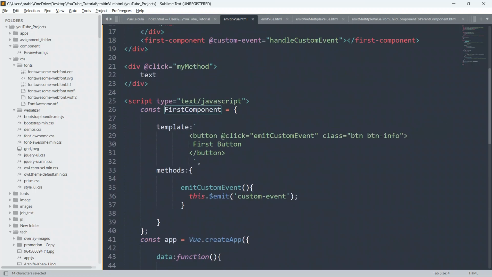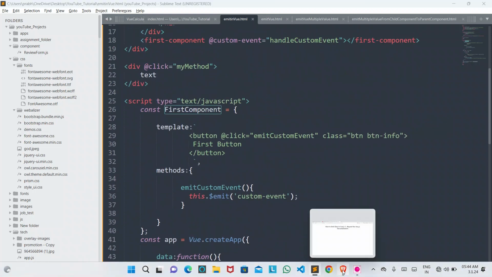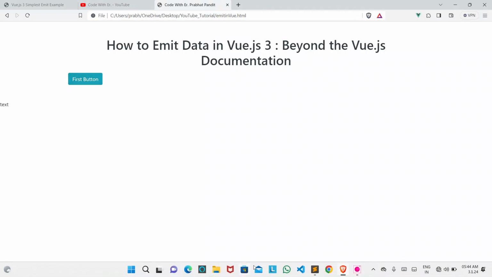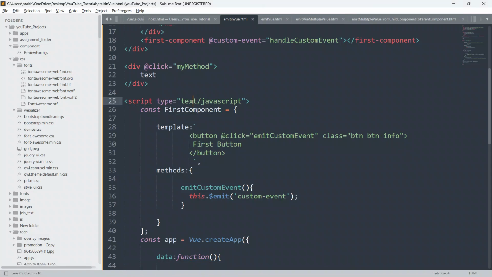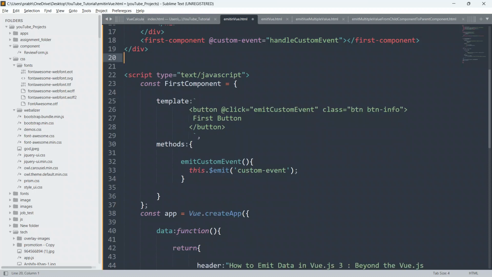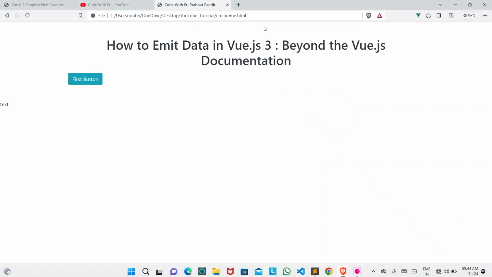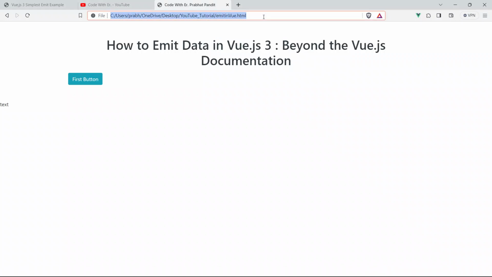So guys, now just save your code, go to the browser, and refresh your page. See, we got the first button also. Just remove this div, because I gave it just for the explanation, just for the example. Save this code, go to the browser, and refresh the page.